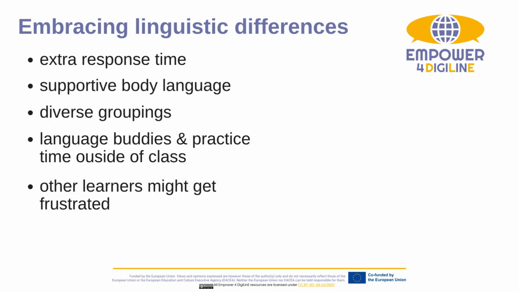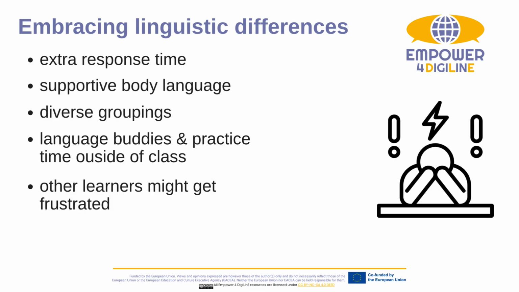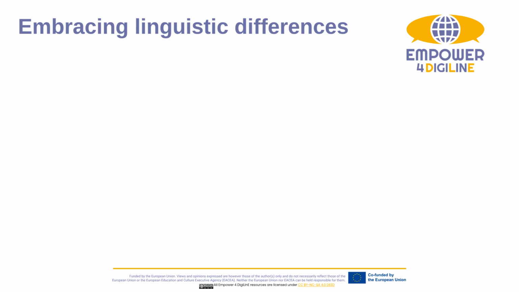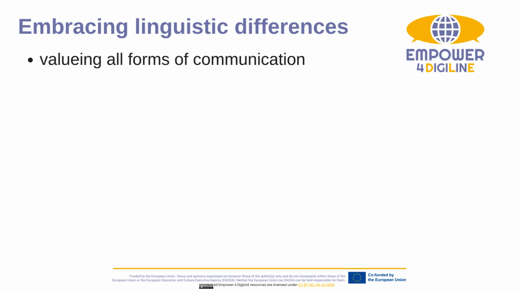Finally, other learners in the classroom may also experience frustration, particularly if they feel that lessons are slowed down to accommodate less advanced language learners. This can unintentionally lead to tension or exclusion. For example, during group projects, some learners may assume that the person with less English ability has less to offer, sidelining their contributions. As an educator, you could tackle this by fostering a classroom culture that values all forms of